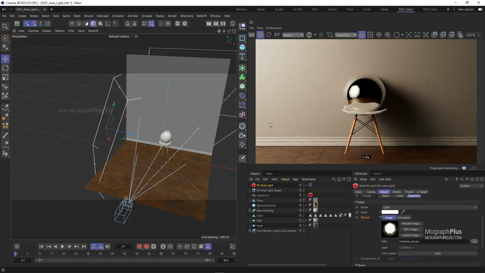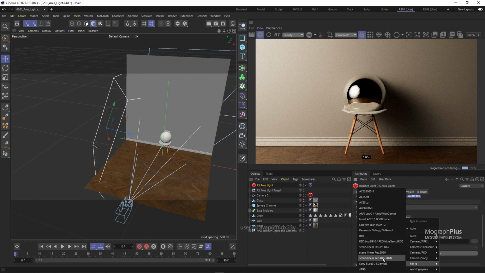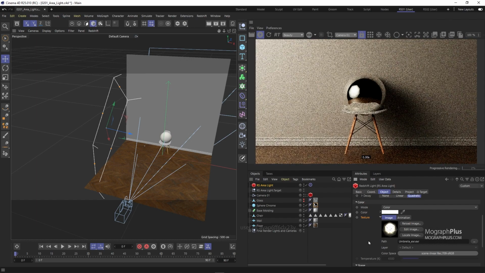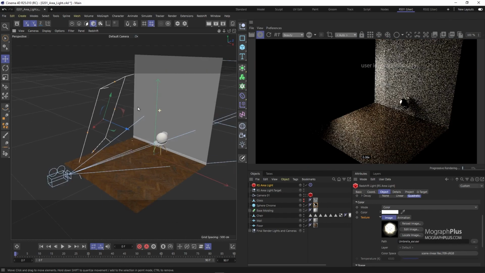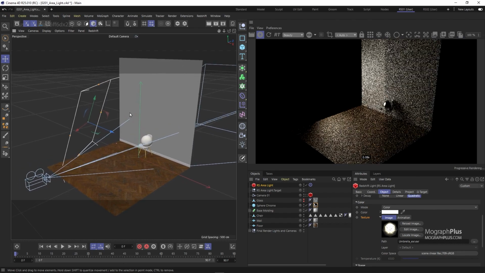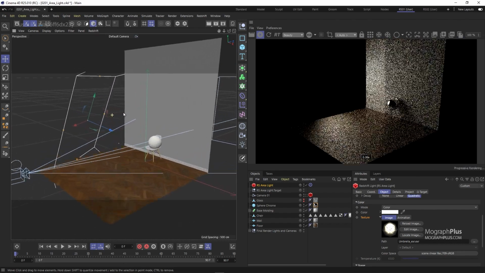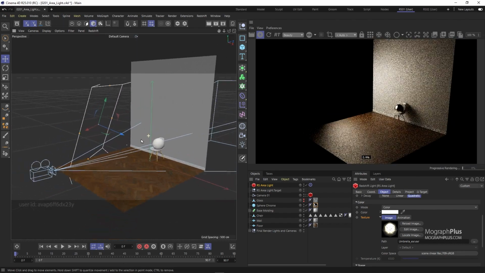And it would be nice to change the color space to linear sRGB as we are in ACES, and this is a high dynamic range image. And now we see this beautiful reflection in our sphere, and if I get out of the camera to see the entire scene and the light source itself,